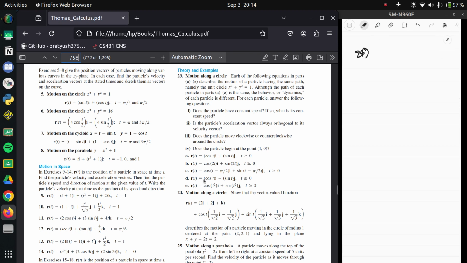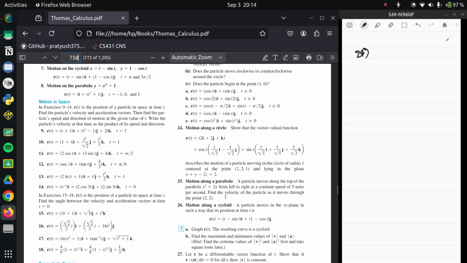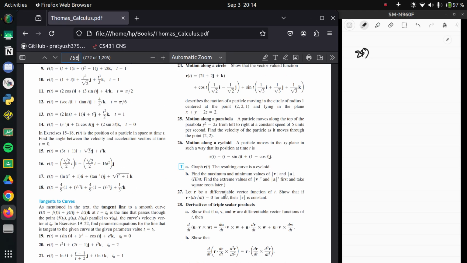24 is motion along a circle. Show that the vector valued function describes the motion of a particle moving in the circle of radius 1, centered at (2, 2, 2), lying in the plane. Okay, this is just really getting boring at this point, but fine. So that this describes the motion of a particle moving in a circle of radius 1 at the point, okay, lying in the plane x plus y minus 2z equal to